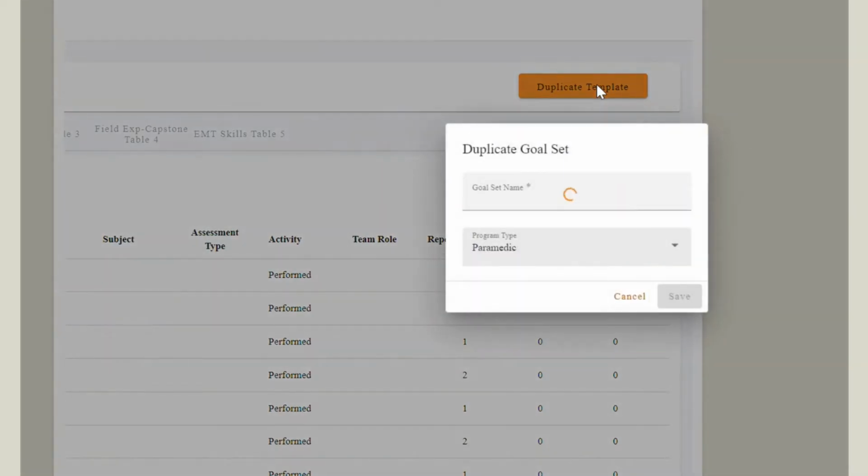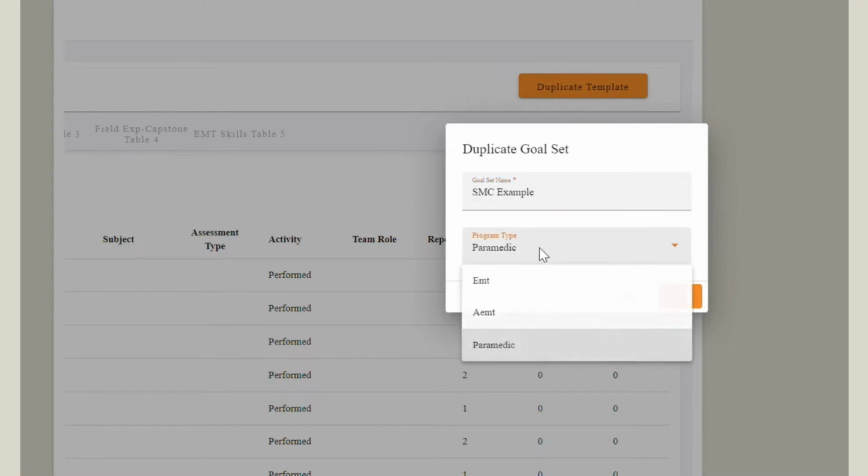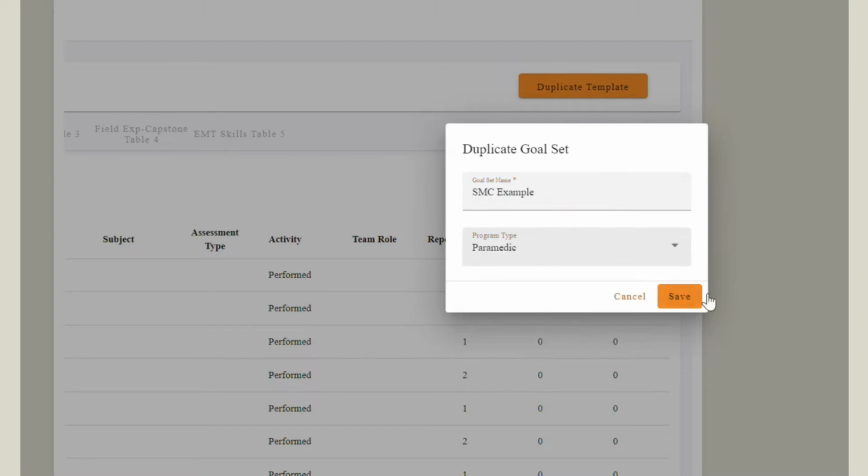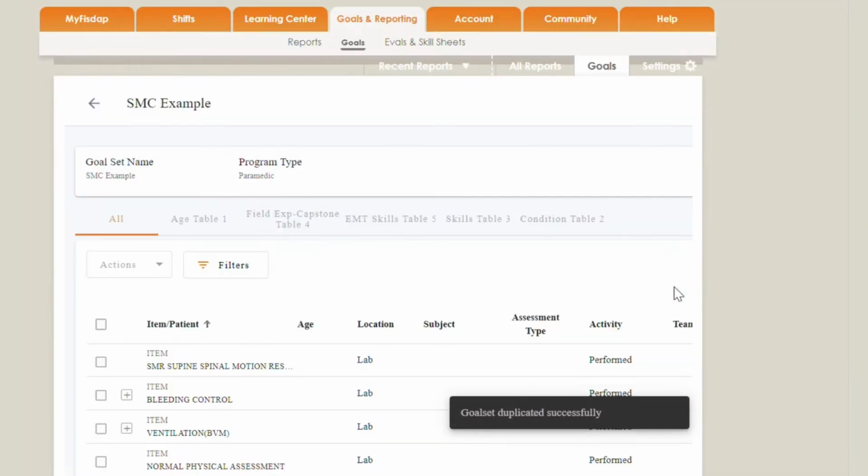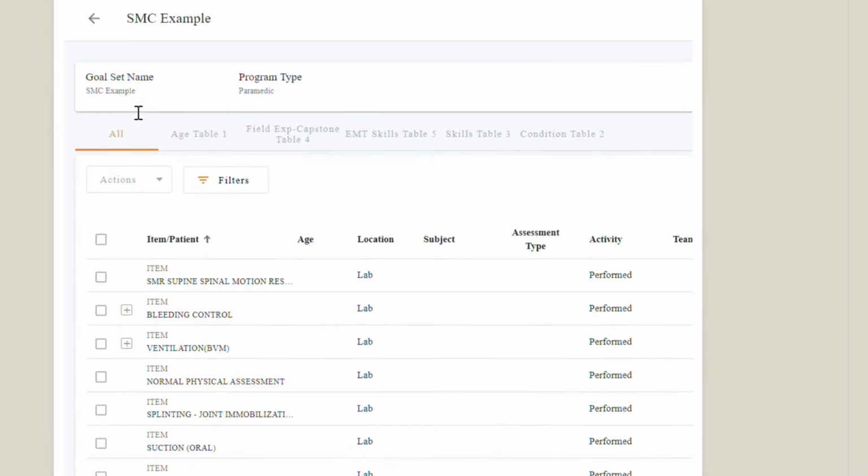If you click that, you will be able to set a name for it, as well as select your certification level. In this case, because it's for the SMC, we'll leave it at paramedic. When you click save, it'll bring you into this new one that was created, where you can then look at